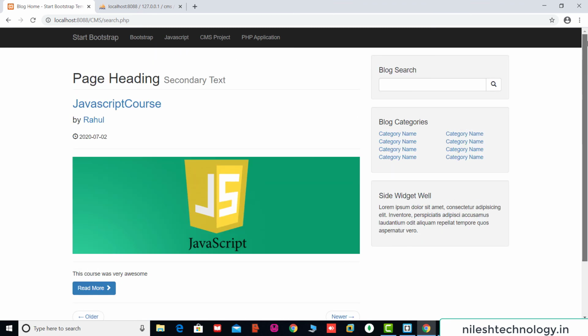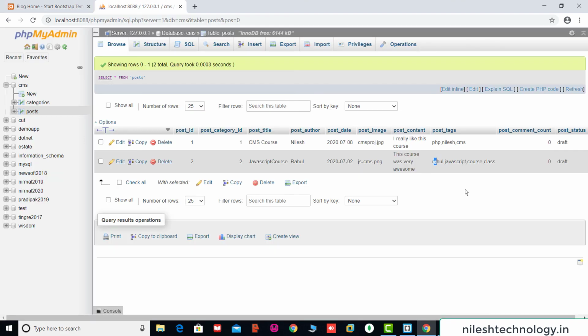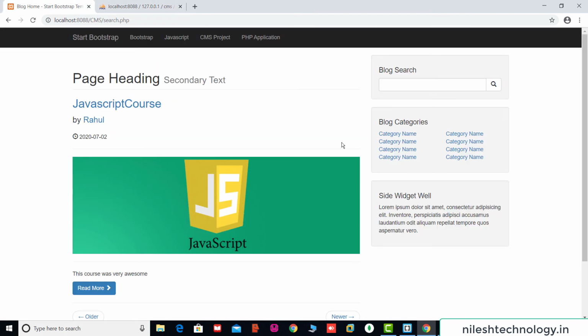Then see here, this search box appears again. It means that even if your search has only two or three letters, and it matches your post tag in any position, the RAH string matches from the beginning of this search tag. You can also type SC, which is in the middle of the word. So it matches the beginning, the middle, or the ending, anywhere. When this string matches, the result appears on your search page.